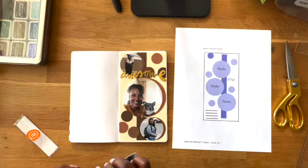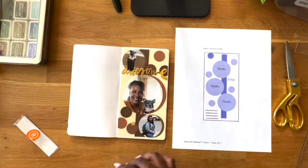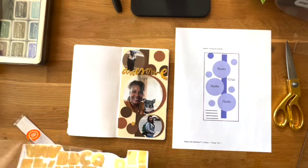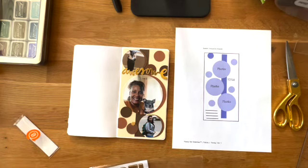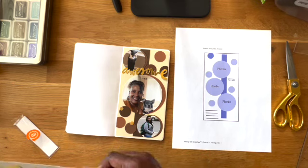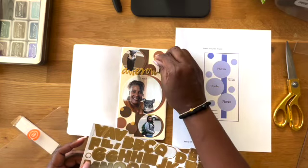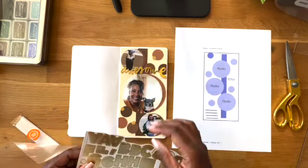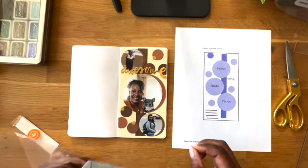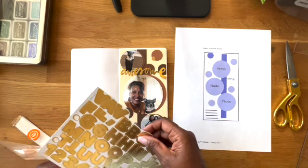And then as far as the stickers are concerned, I have these little gold circles that I'm going to offset. Now, because my title is gold, I'm going to be offsetting that with some gold circles. Now, I have more gold circles. I have this alpha just sitting over there, not really doing anything, just minding its own business. And I'm just going to be using these little gold circles to offset. I thought it would be a good idea because some of my stuff I've just been hanging around in my stash for so long, and I'm like, wow, I just need to get rid of some of this stuff, honestly. So it's kind of cool though, because I like how this turns out, and I love the gold circles